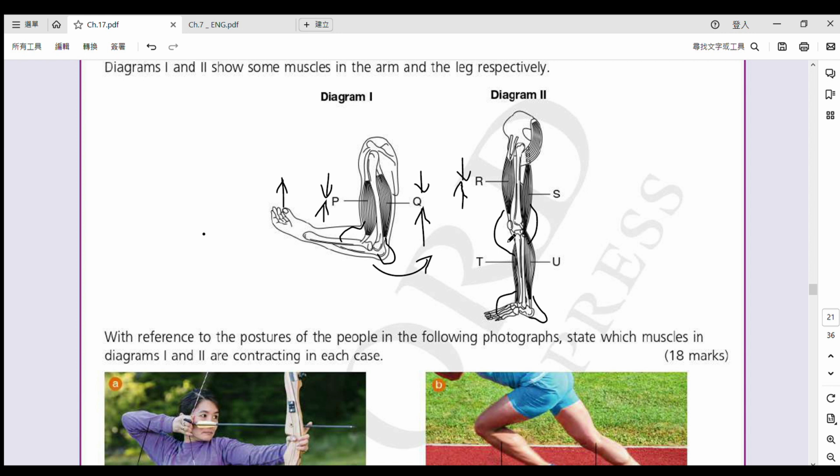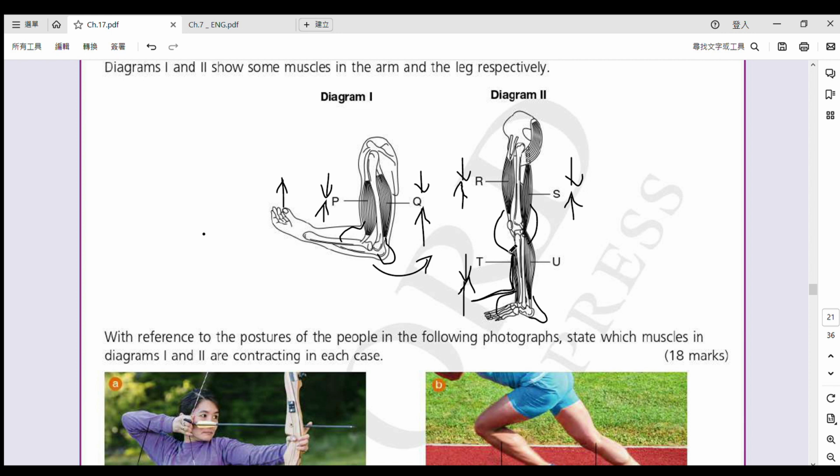T, this one, T. When T is contracting, 當佢收縮嗰陣時 very obvious again. Your feet, 你腳板就會 lift up. When it lifts up, there is this right angle. 佢就會有呢個嘅彎曲嘅角度啦，佢有個直角啦。So therefore, T contracts, this part bends. 呢個部分就會彎曲啦。